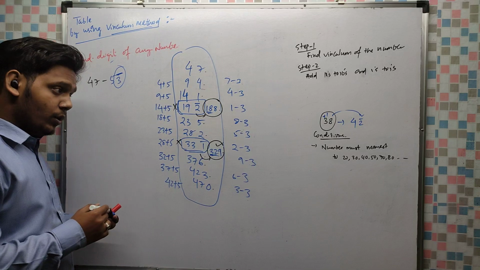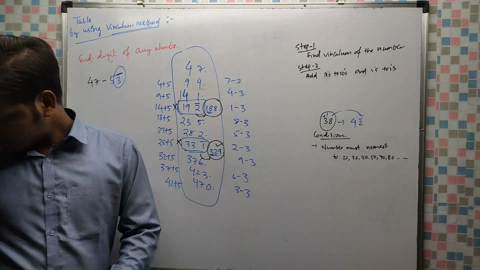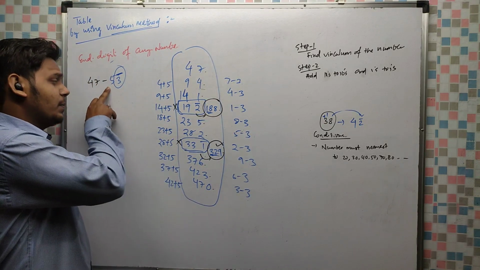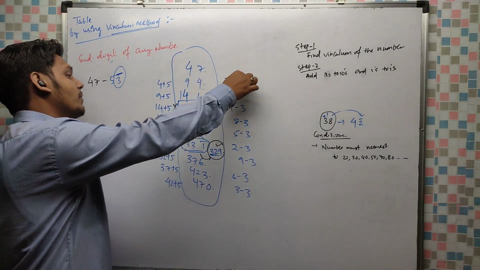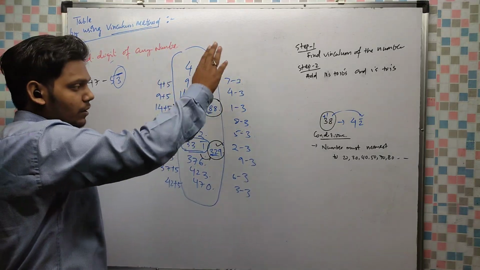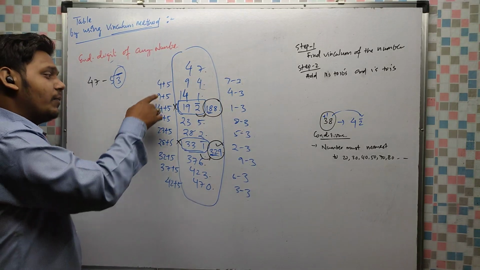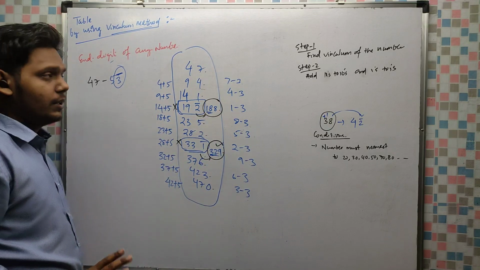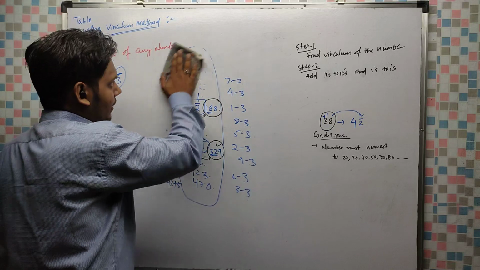Clear? One more number ending in digit 7 I will do. The same method: the tens place will be added to the tens place and the unit place will be subtracted from the unit place only. Each step you have to follow the same. Here, in 5 3 bar, 5 will be added in each step and 3 will be subtracted in each step. Clear?